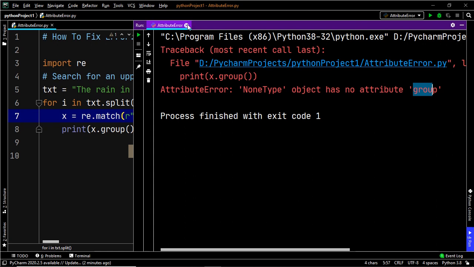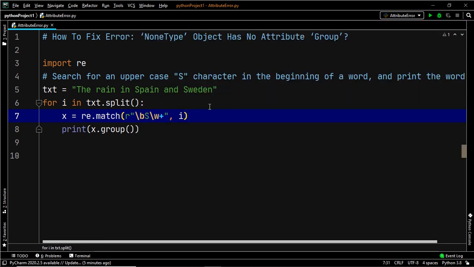So let us quickly deal with this error. What try and except will help us to do is neglect the function group for the situation where the object x returns none and thus does not match the regex. This is exactly the reason why you are getting the attribute error. In the first case the value of i is the.